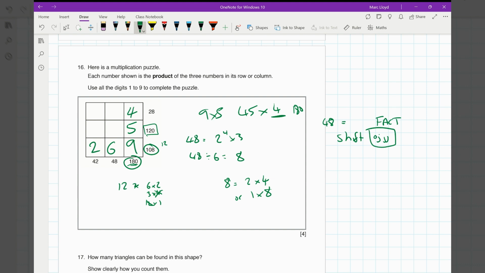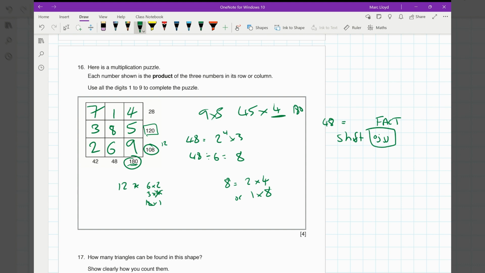28 doesn't divide by 8, so it can't go in there. So 8 and then 1. Finally, 28 divided by 4 gives us 7 remaining, so I'm happy with that. 120 divided by 8 divided by 5 gives us 3 left over, and we're there, and all of those numbers add up. If I'm honest with you, please, please, please leave this one to last if you find it difficult,